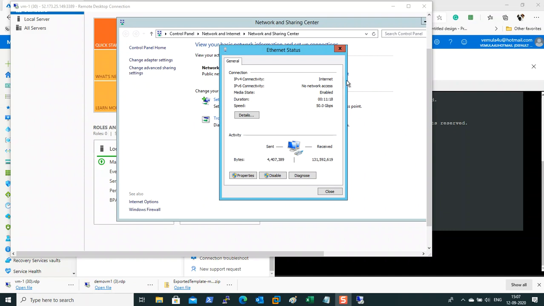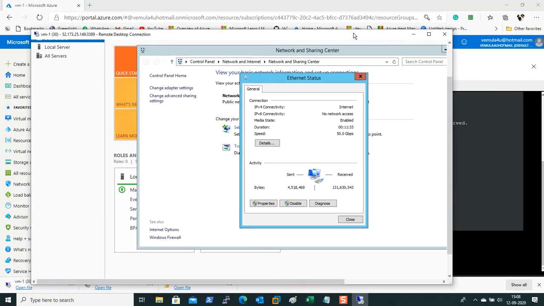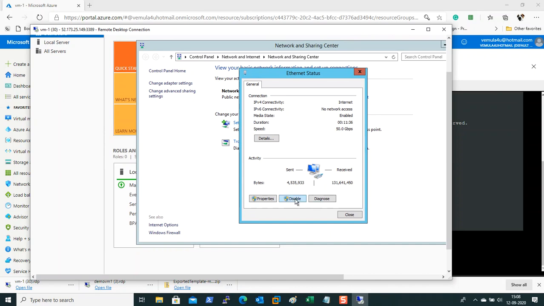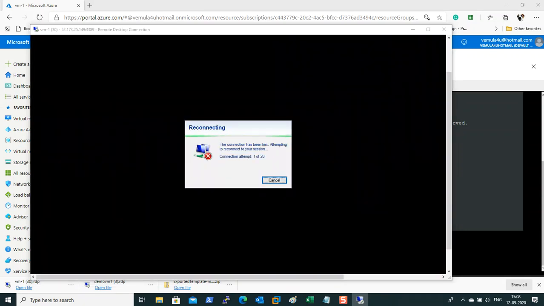So let us say you're connected to this machine. Let us see, with a small example, how the command prompt in the serial console helps us troubleshoot. You're on the same VM, which is VM1. Let us say somebody accidentally disables the network interface card on this VM, and you lose connectivity to this particular server. Now, in order to enable this network interface card, I should have some means to connect to this VM, either through a GUI console or through a command prompt.